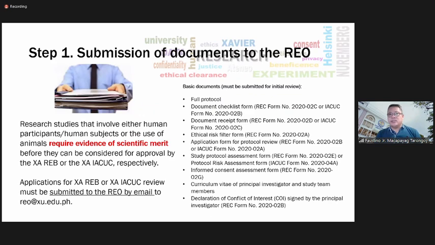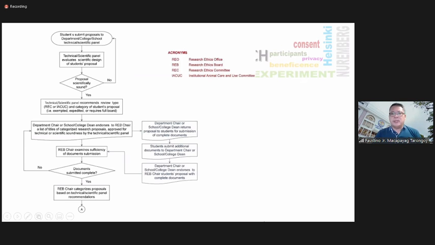So the process all starts by you submitting your documents. All of this information that I'm going to show you now is available in the web page of the Research Ethics Office. So the list of these documents I will not explain individually right now. You can all see them in the website under the downloadables in the website of the Research Ethics Office. So all of this has to be submitted by email to the Research Ethics Office. I'll explain to you now the whole process